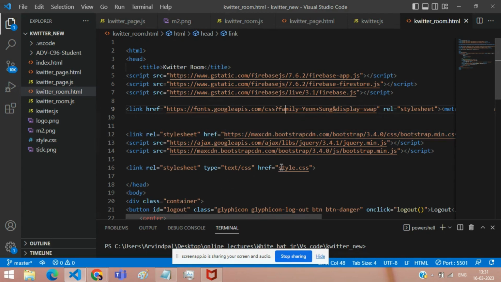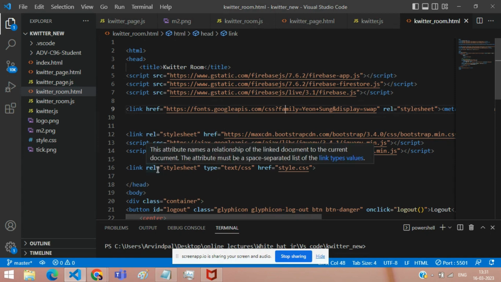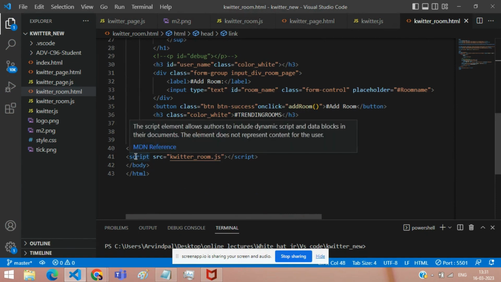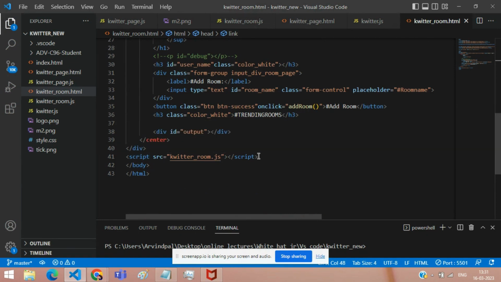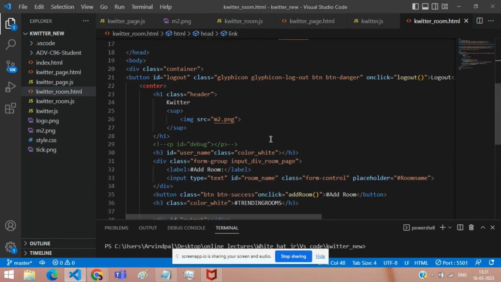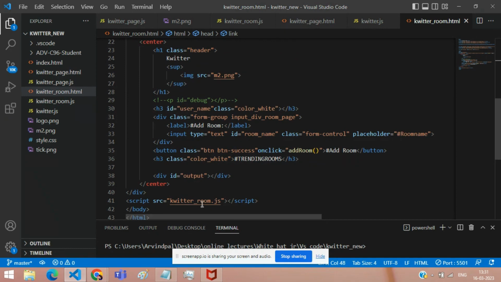Now we will start with the CSS. So I have linked the CSS before ending the head, and I have linked the JavaScript before ending the body. Now why have I done the same with JavaScript? Like why haven't I linked it before ending the head? Well, you can do it. There's no harm in it. But what I want my system to do is, first I want my system to read the whole body data and then move on to the JS. Okay,